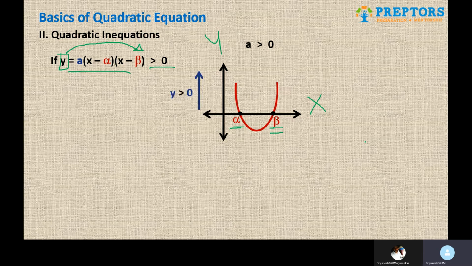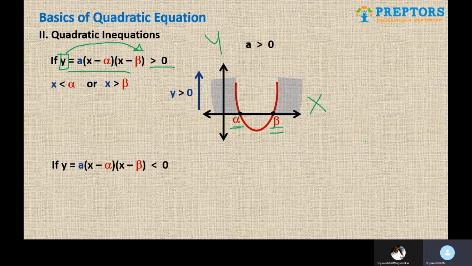So in the upper side of the graph, y is greater than 0, and hence because of that, the values that we are going to highlight are those beyond the region which is alpha and beta. So alpha and beta ke bahar wale sare values are the values that we are going to consider. So which values will satisfy this inequation? Which are less than alpha and which are greater than beta. So x has to be less than alpha or x has to be greater than beta. These are the values which will satisfy this inequation. So that is the first category. Obviously the second category only changes: instead of greater than 0, the inequation is less than 0.